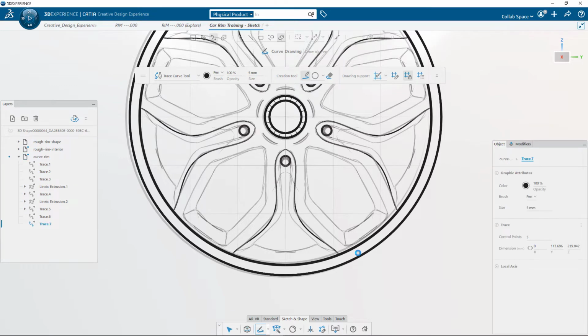When I release the stylus, you see that the result is recalculated to propose a curve close to my gesture, but with a limited number of control points. In the Object Properties panel, I am also able to edit the number of control points of my trace, and when I position my stylus on the slider, I have a preview of the point repartition in the 3D view. I can drag the slider to add point or enter a precise number.